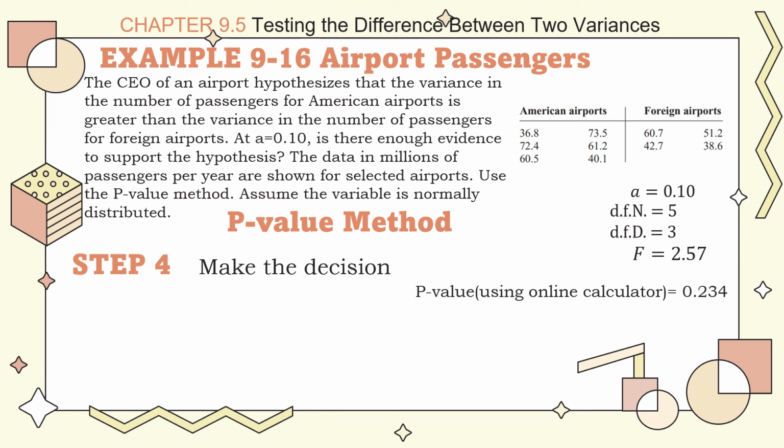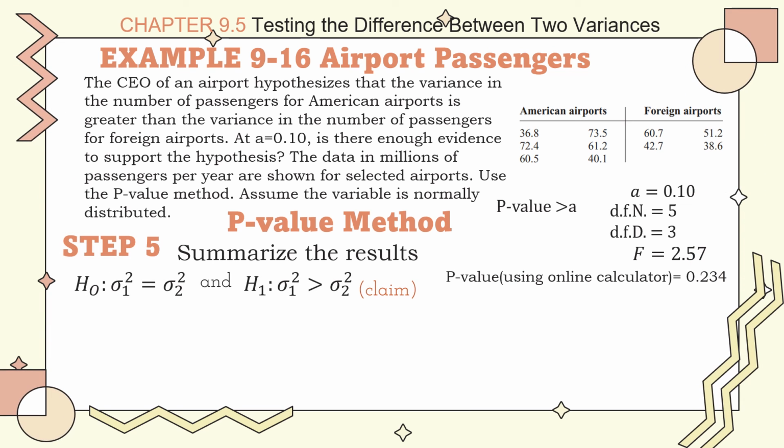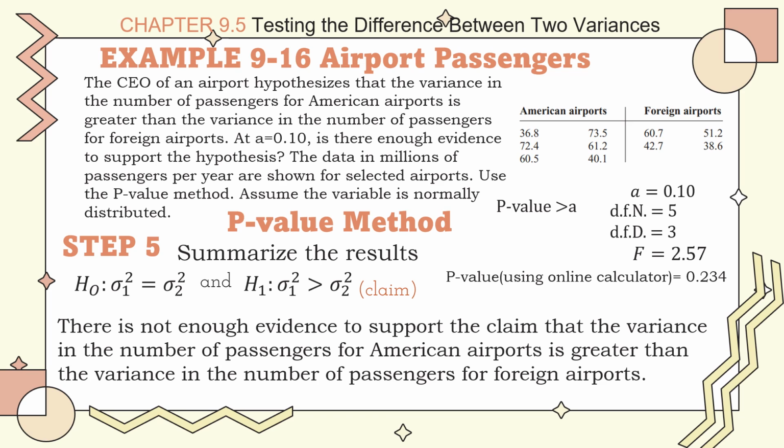So step 4, make the decision. The decision is to not reject the null hypothesis since our p-value is greater than 0.10. Our p-value is greater than our alpha level. Step 5, summarize the results. Since we do not reject the null hypothesis, there is not enough evidence to support the claim that the variance in the number of passengers for American airports is greater than the variance in the number of passengers for foreign